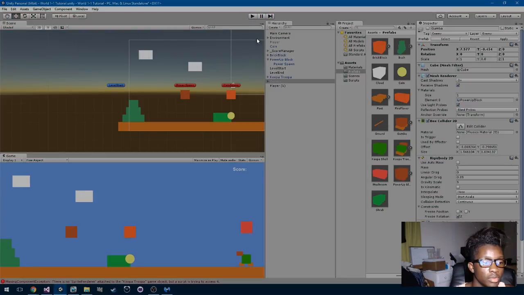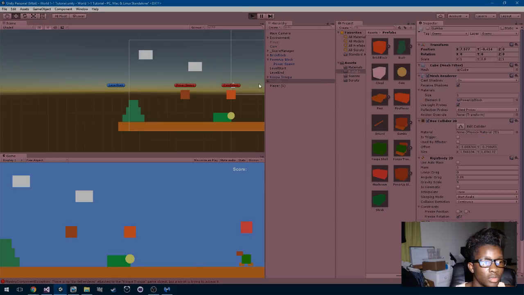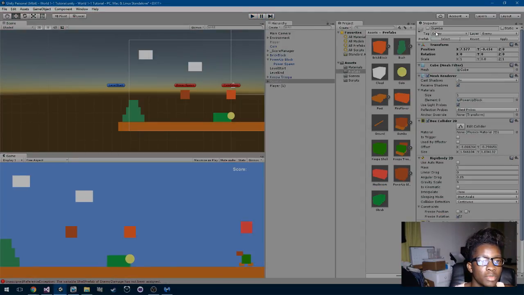And basically with that, we're... I don't know why it's not letting us... Okay, so basically it's killing us when we collide with it. It's not what I want to do. So for now, I'm going to disable,